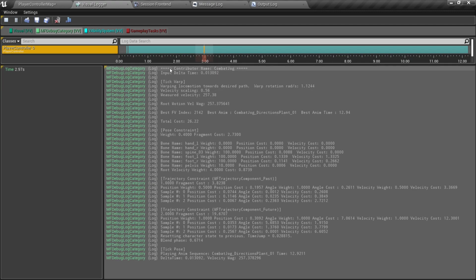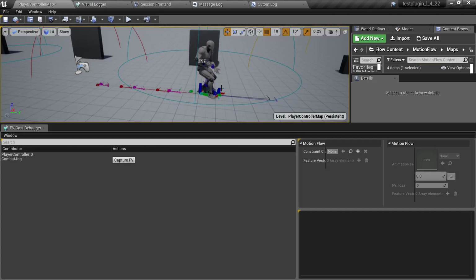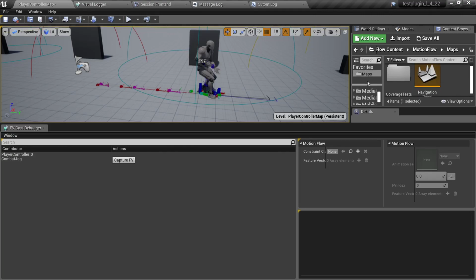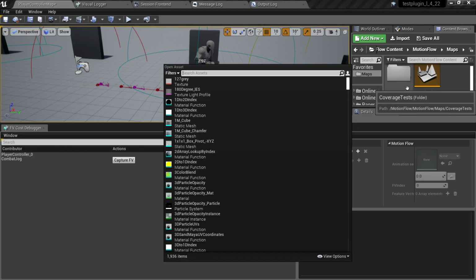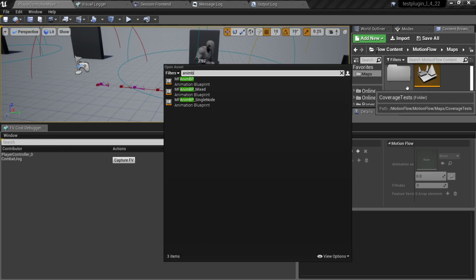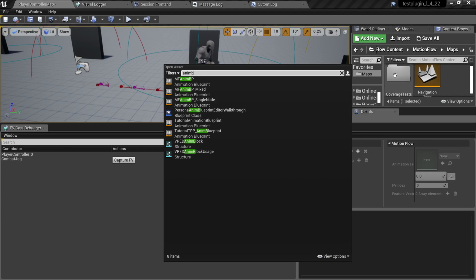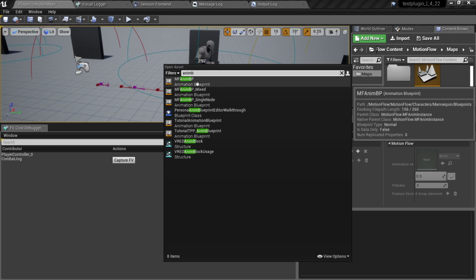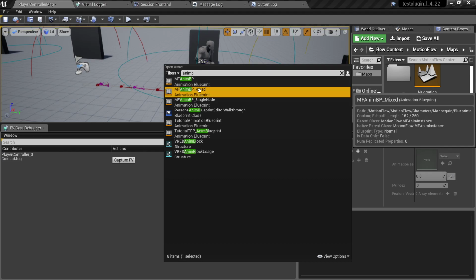So here you will see that at the top we have the contributor tag, which is combat jog. That is the name that you would provide to your contributor inside your animation graph. So just to explain that a bit more, if you go to the blueprint for the character, I'm going to navigate there directly, but you can go through the content browser over here as well. So if I open the animation blueprint, let's say the mixed one over here,